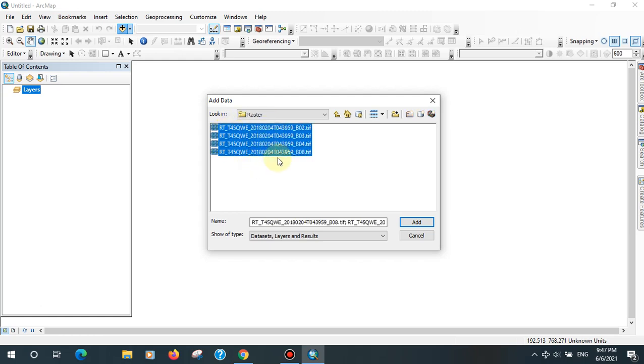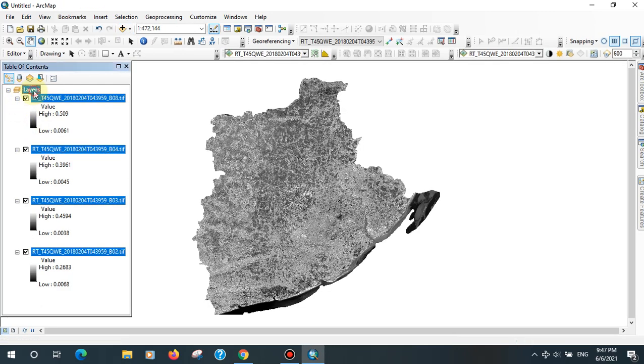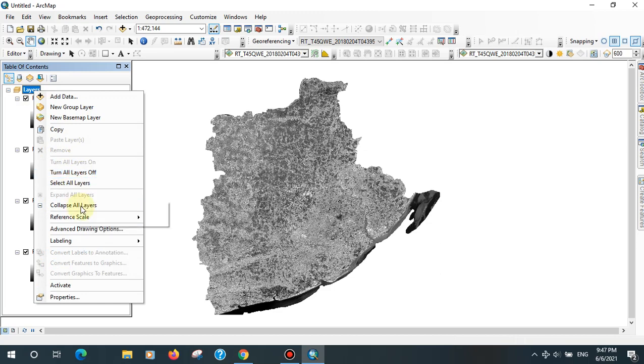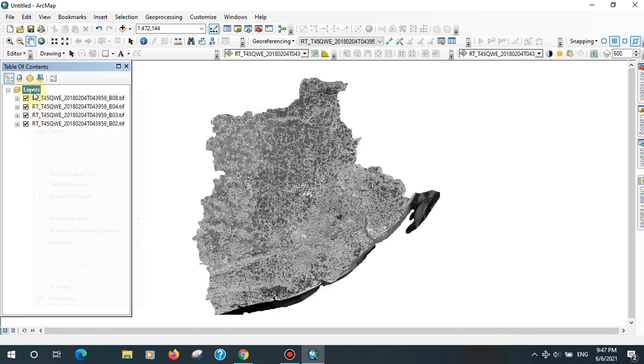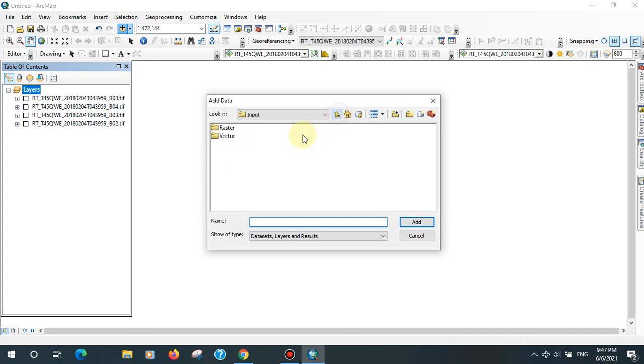Here is some input data in raster format, or add vector data.